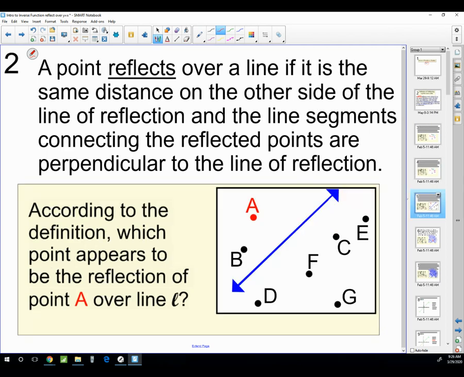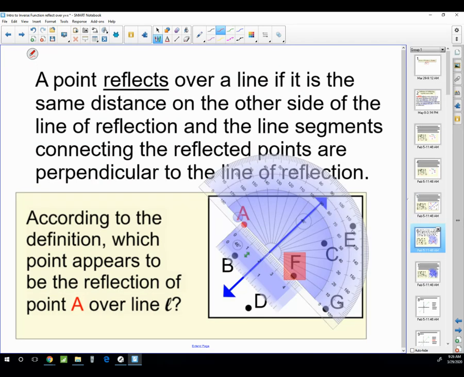Now, for whatever reason, if the line that we reflect over is diagonal or rotated in any way, it can be harder to see. It can be harder to see for me. And some people see it better than others. Go ahead and answer that. But this one is F. So we want to create the right angle and then repeat the distance. And so it is F. You might want to look at that figure,